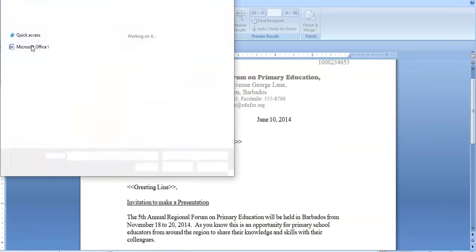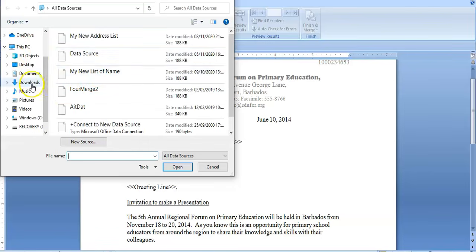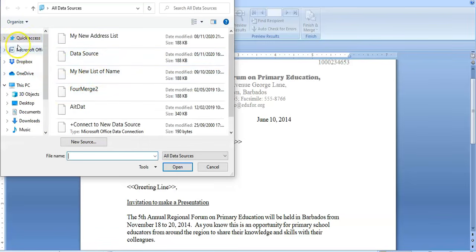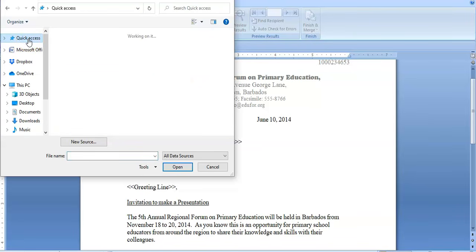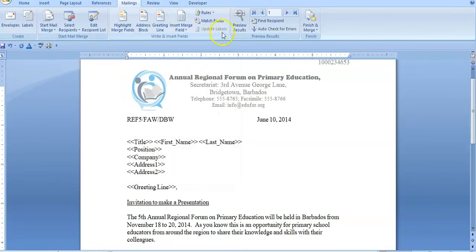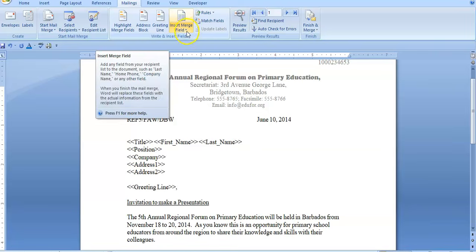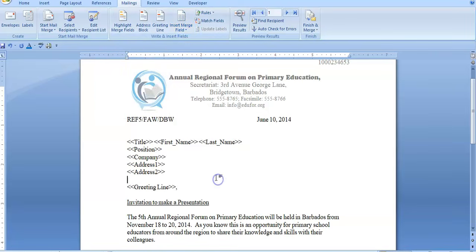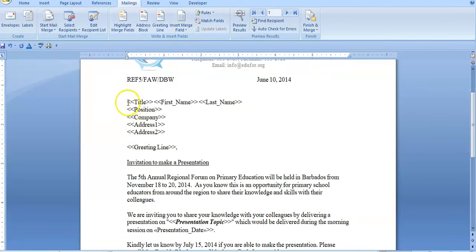Now, when this dialog box opens, I will now have to search for where I would have saved that document. So I'm going to go to Quick Access because it was recently done and select Data 2 and press Open. Once I do that, as you can see, to the right is now activated. I can access information here. So I'm now going to select Insert Merge Fields. But how am I going to do that? I'm going to go to each field,